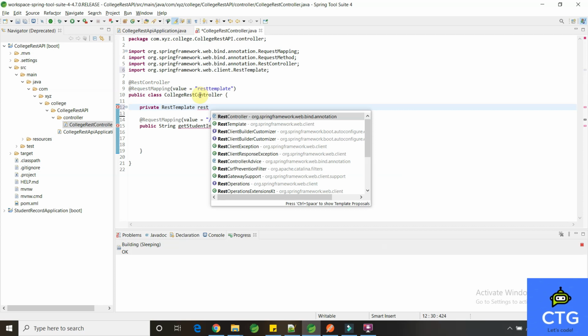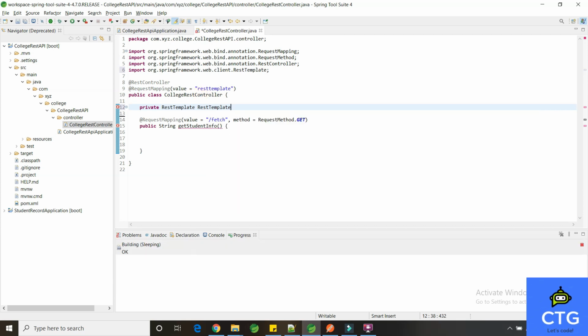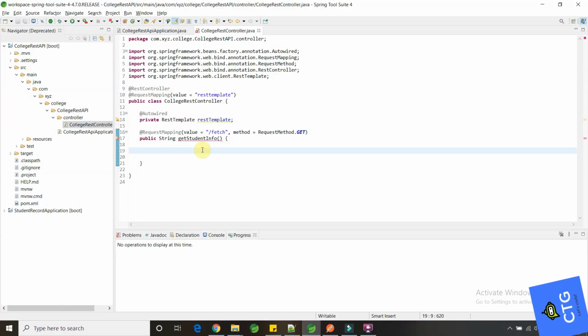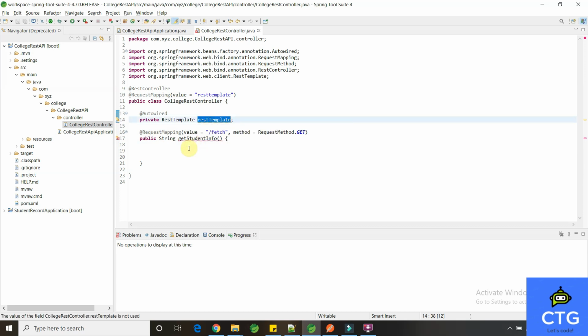In this method, we are creating one get method. For that we have annotated @RequestMapping and provided the value as /fetch.